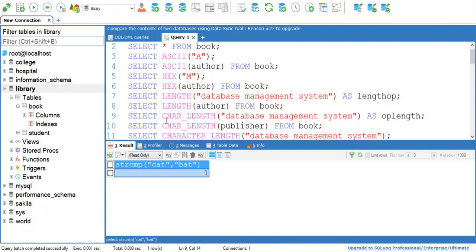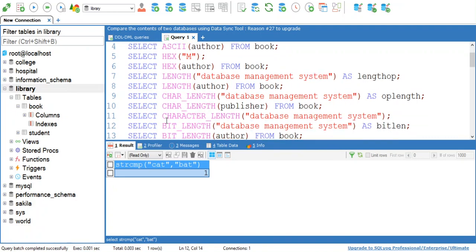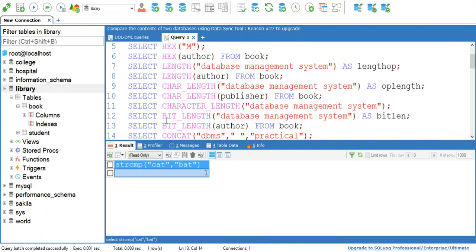It is again used to find out the length of a string, including white spaces. Then we have the bit length function. It is used to find out the number of bits occupied by the input string. Okay, and all these functions can be operated on a user defined value, or they can be operated on an attribute, which is a part of your table.